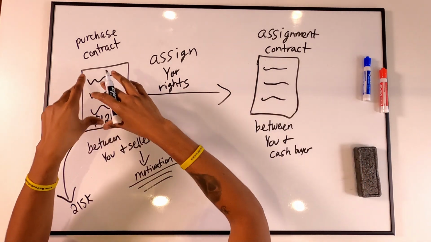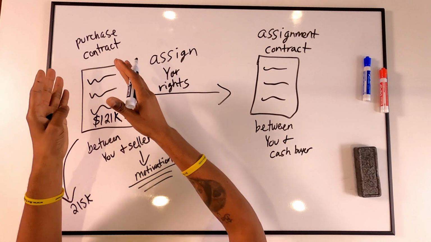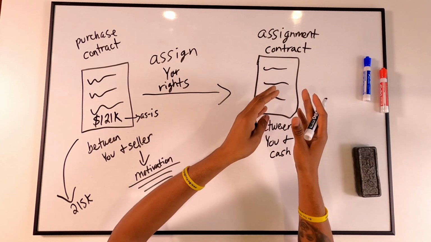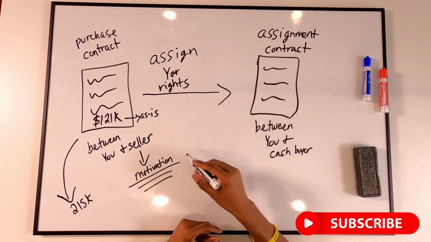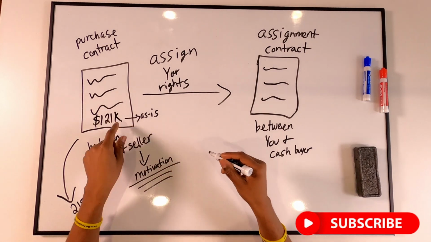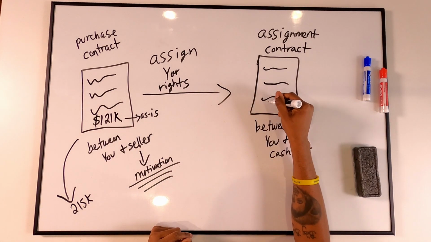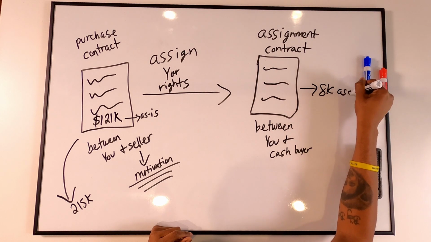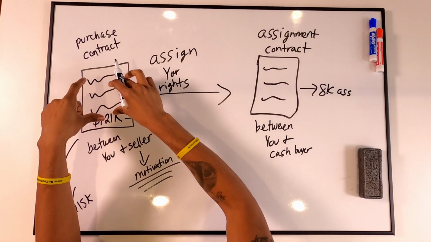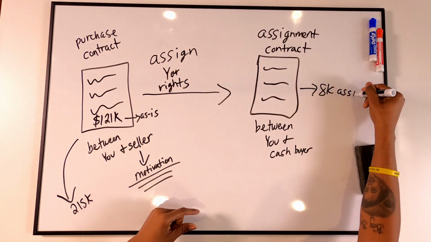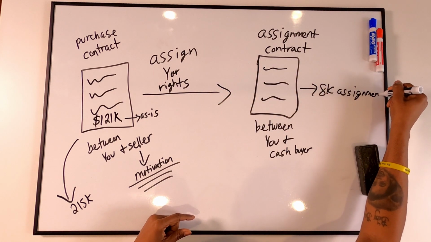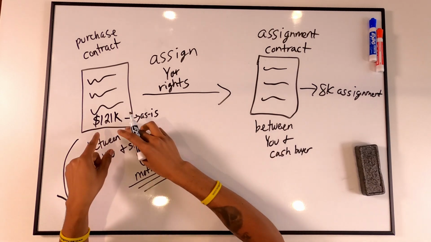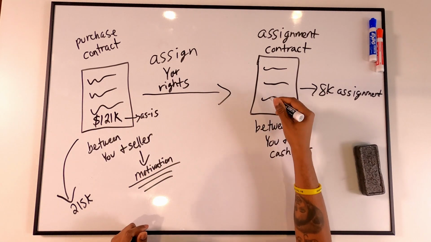There are two separate agreements here, all right? Your purchase contract is between you and the seller, and then you're assigning your contract to your cash buyer for something called an assignment fee. You have it locked up for 121K. He's going to buy it off of you for an 8K assignment fee. You're basically selling this contract to your cash buyer for 8K, because buyers in that area are buying them for around, let's say, 127 to 131K. So you add 121 plus 8K, he's really buying the property for